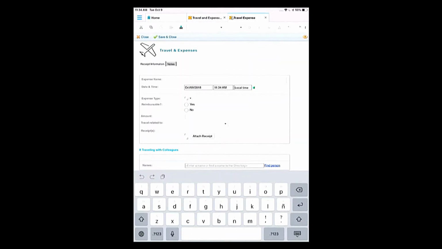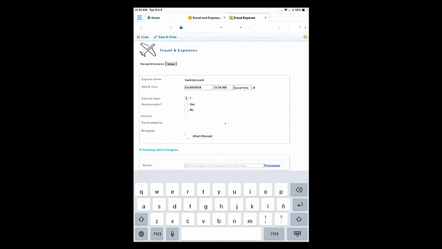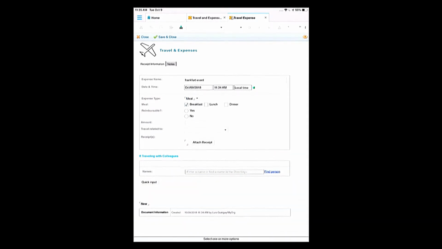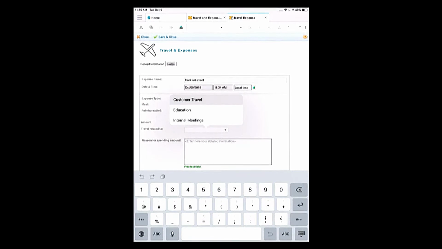There you go. So I'm going to call this one Frankfurt event. Okay. Date and time is OK. I'm going to go ahead and call this one a meal. And as I select this information, you see that this is standard Notes functionality, like hide-when and things like that, just coming to life on an iPad. So, yep, reimbursable, yes. I'm going to say, you know what, this was $200. And this is customer related. Before I do that,